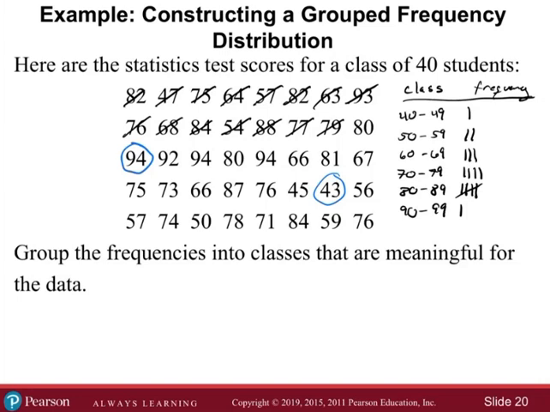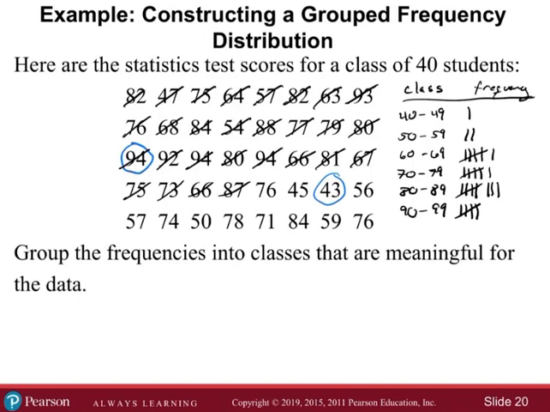85, 94, 92, 94, 80, 94, 66 is here, 81 is here, 67, 75, 73, 66,